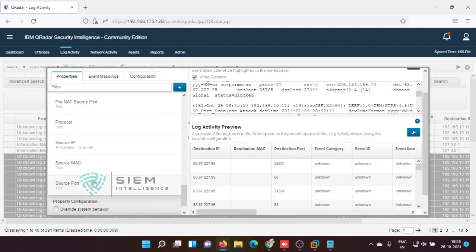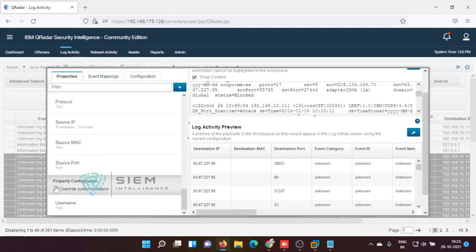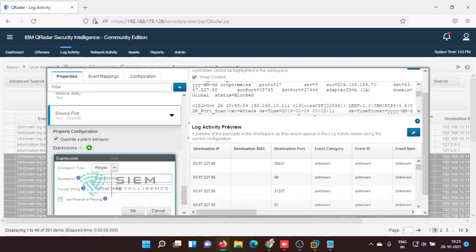Now likewise I am going to pick up the source port also. So I will override the change. What is the source port now? Tell me for source port. SRC port equal to, then bracket, dot star question mark. You have to memorize this dot star question mark.